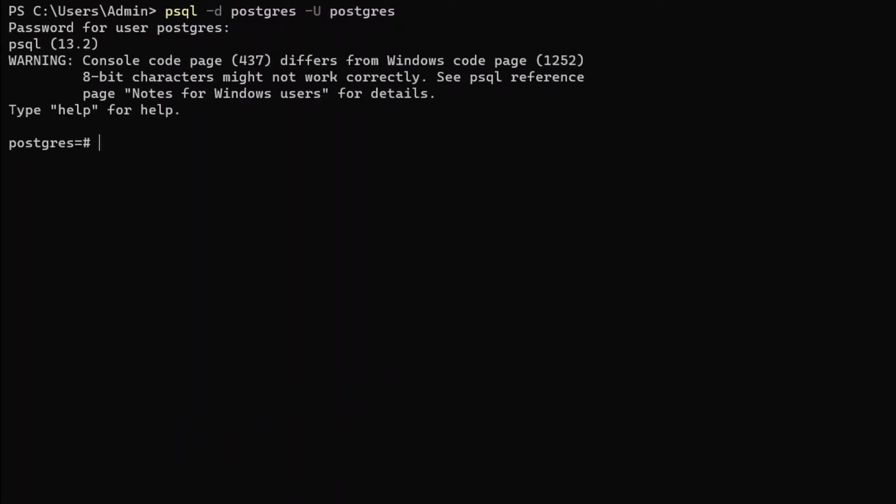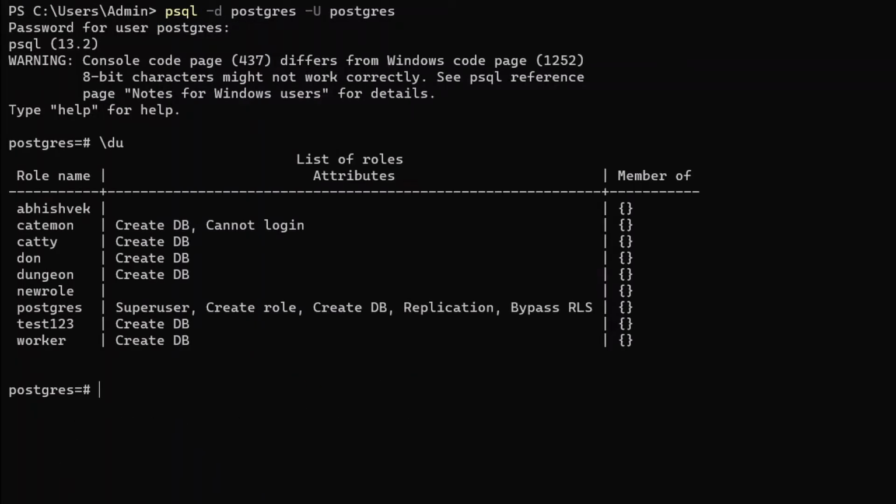Cool. So now once we are logged in, let's check all of our users, just like this, and now let's assign a property for Abhishek to create a new database. So for that purpose I will be creating here a new role. So let's create a new role, and under this first of all I will be having here a new name of Super Abhishek, because the following user is going to be a super user. So here let's have create role Abhishek, and here let's assign a property of superuser.